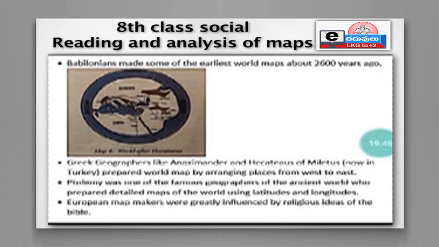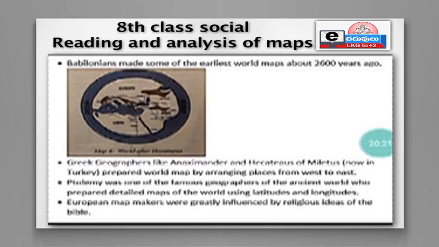They also tried to draw latitudes by connecting places which had equal length of shadow at noon. With the help of these two kinds of lines, they drew a grid on the map and located all the places from east to west and north to south along these lines. Preparing these lines accurately was not an easy task, and it took about 2000 years to finally get correct longitudes and latitudes. So they worked hard for at least 2000 years.